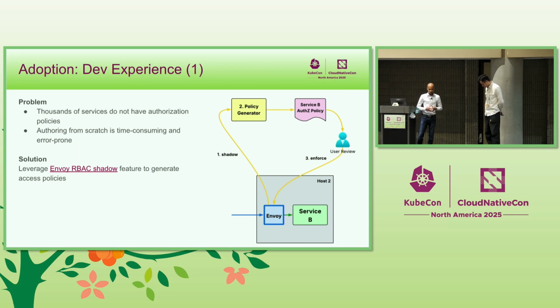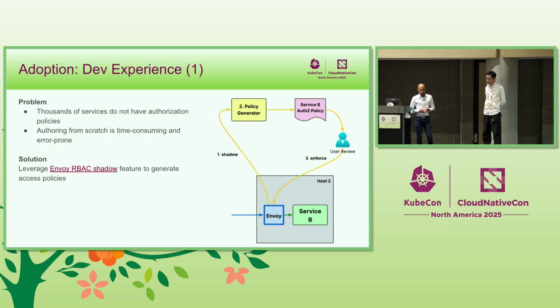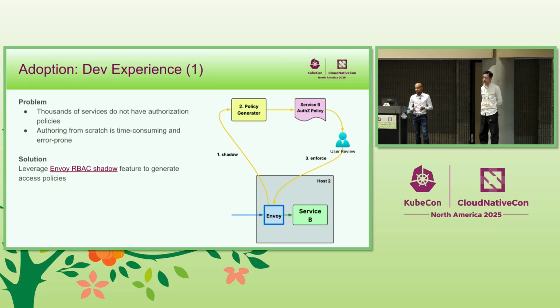In order to do this, what we did is use the observability that Yangmin just mentioned. We used those metrics, and we built a policy generation system. Basically, what we're doing over here is observing all the traffic. Our Envoy has this feature called RBAC in shadow mode, so we're utilizing that. Everything is in shadow mode, no enforcement yet. We are using all of that observability metrics to figure out all the edges and create authorization policies for all the services. With this, we are able to create authorization policies and then hand off to the user as a last step.